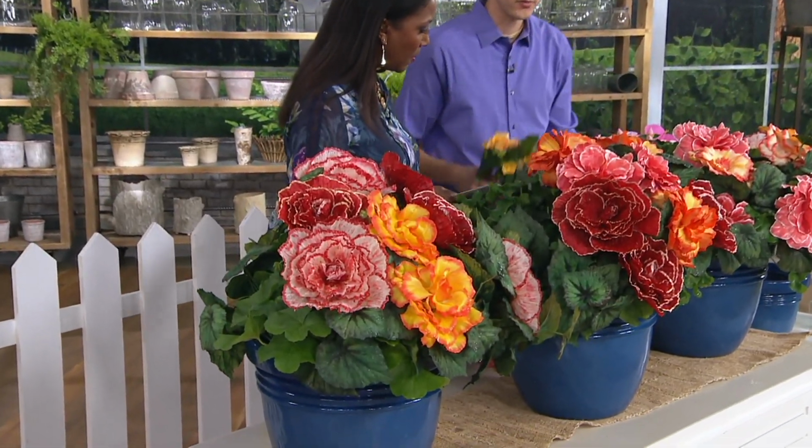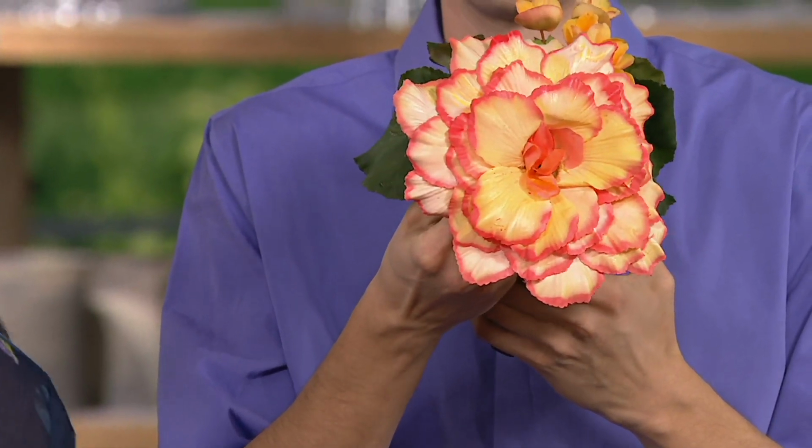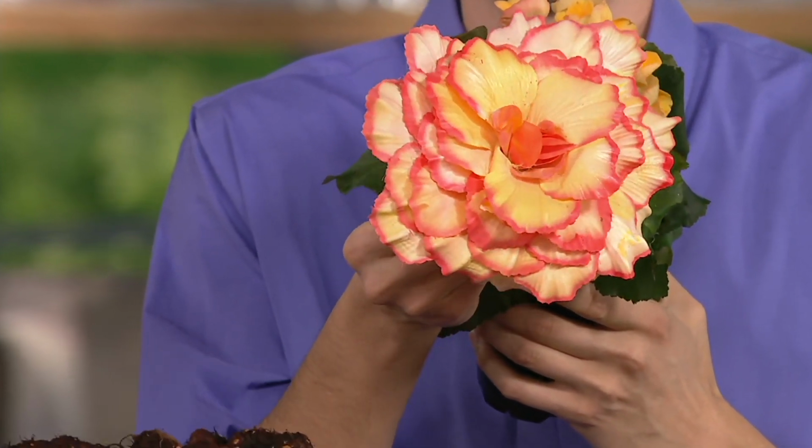Now I want to show you, in case you're not familiar, this is a traditional begonia. Now, it's pretty, it's cheap, you can pick it up practically anywhere. But for the same amount of effort, you can have a plant that produces flowers that are equivalent in size to the entire plant. Indoor, don't put it outside, can't survive the cold and the heat begonia, as opposed to this one, shade-loving, hardy, and you're going to get 9 of these giant roots. So when they come to you...